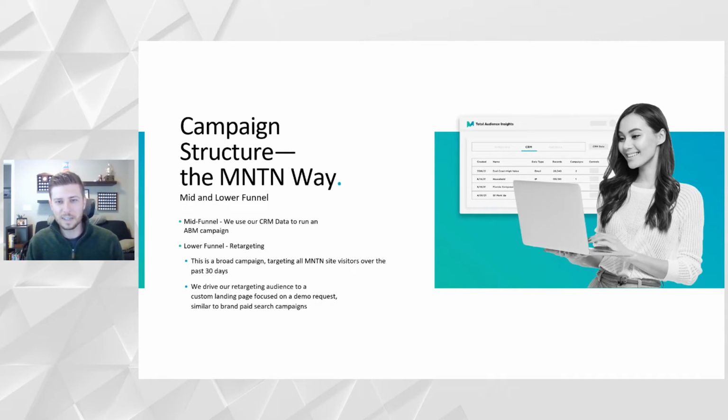On the retargeting side, as I mentioned earlier, that's what we think of as lower funnel. This is typically a broader campaign targeting potentially all site visitors within the last 30 days. I recommend you align that look back window with your business needs. If you have a longer sales cycle, maybe 90 days or 4 to 6 months, align that look back window for your site visitor audience with your sales cycle, because you don't want to remove someone from that audience potentially before they're likely to purchase if it is a longer cycle.